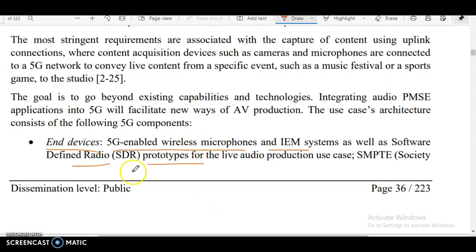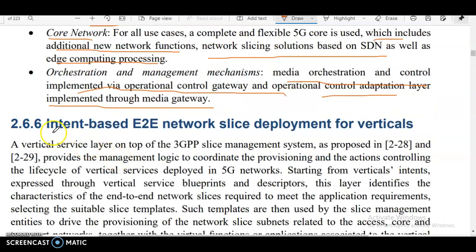These all are under the goal to go beyond existing capabilities and technologies. Integrating audio PMSC applications into 5G will facilitate new ways of AV production. The use case architecture consists of the following components we have seen. So next one, intent based end-to-end E2E network slice deployment for